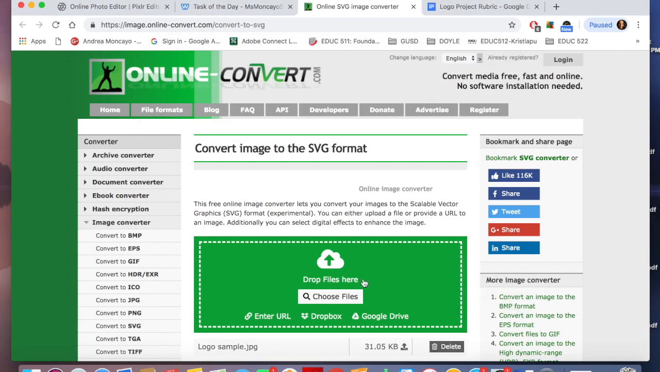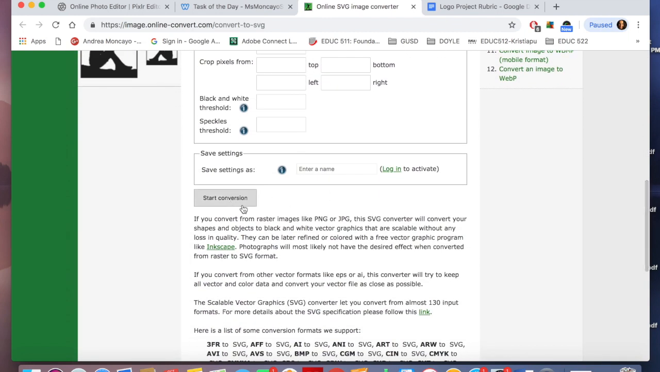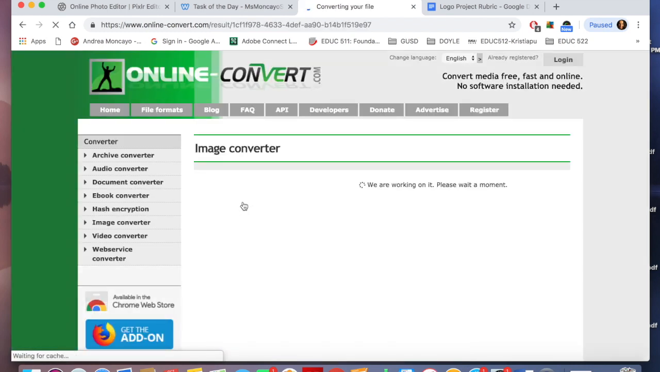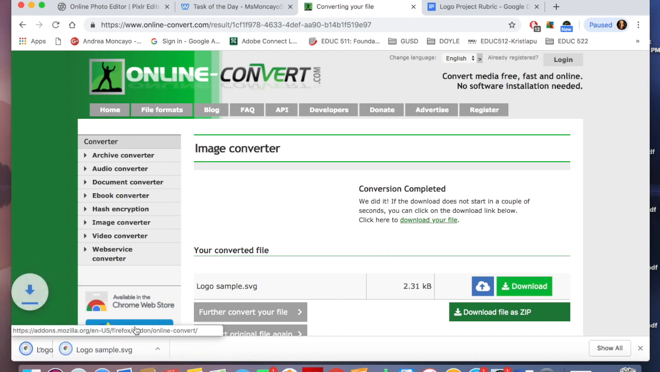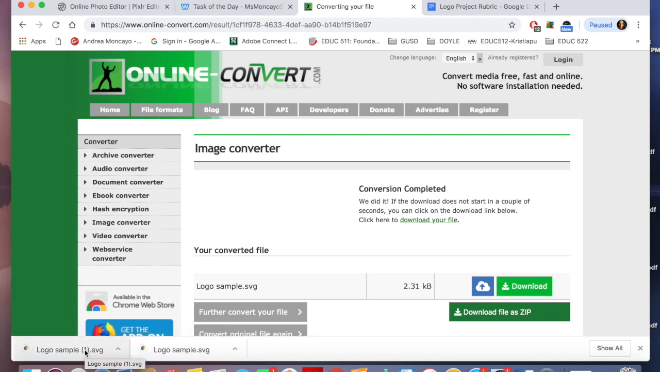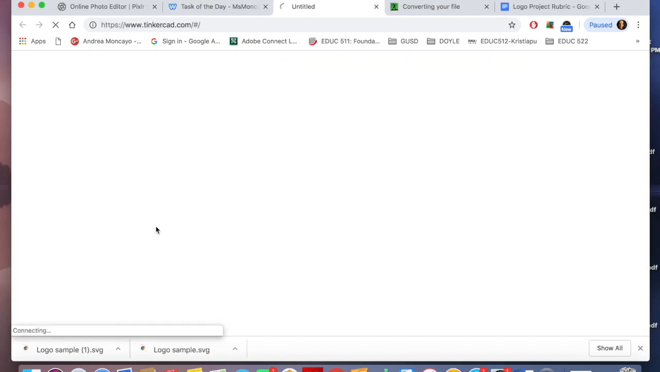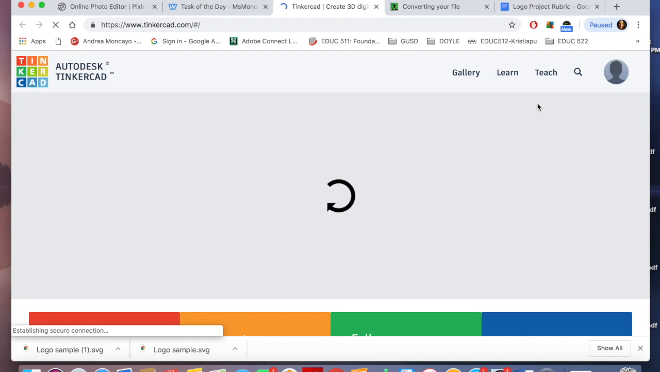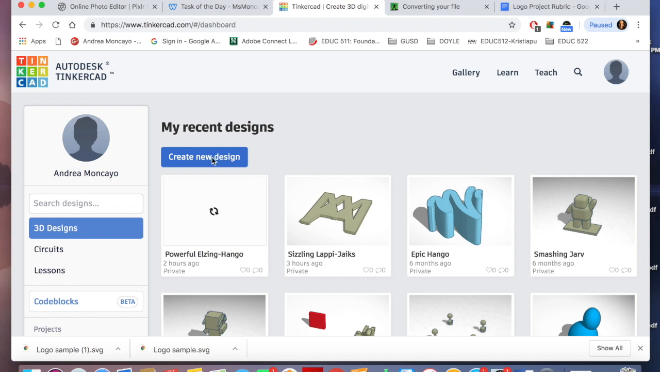So it's going to convert this file so I can open it up in Tinkercad, and then I can see what my 3D design is going to look like. So I'm not sure where the file has been. Oh, start conversion. Okay, so it's converted. I can download it. Here it is at the bottom for me. It should show up for you at the bottom too. And I'm going to go ahead and log into Tinkercad. I'm going to link that for you right here. You can log into Tinkercad by going into your Google account. So mine's already in. And if I go to create new design,